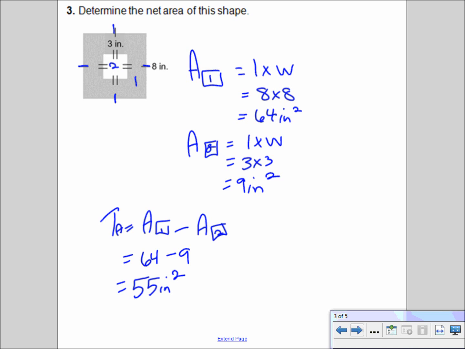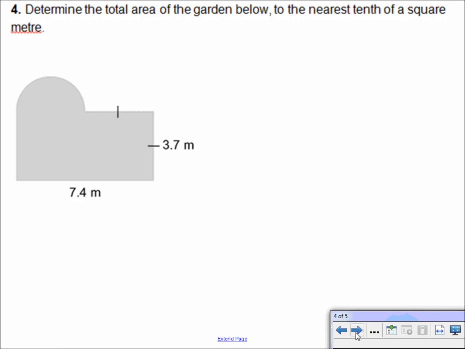Okay. Does everyone have this down? Okay. Determine the total area of the garden below to the nearest